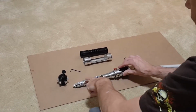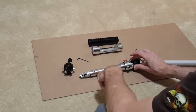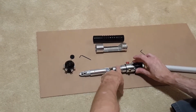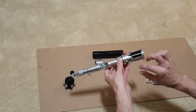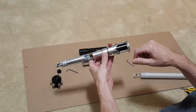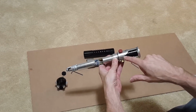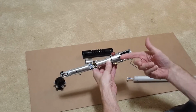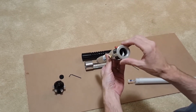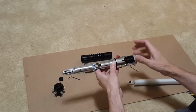we're back, and I've went ahead and installed this tube onto the emitter, since it takes a minute to do. What we've got here is a retention screw that holds the chassis in place and keeps it from spinning around inside this tube. With this particular one, we've got these nice reflective see-through plastic bits on there, and the blade does shine through very nicely. Because this is a dual LED and string blade setup, there's a retention screw right here if the customer decides to take out the string blade and put the LED lens holder in. Then he has a very easy way to secure that, and the wiring for that is all tucked down inside really nicely. Right here is the retention screw for the blade,